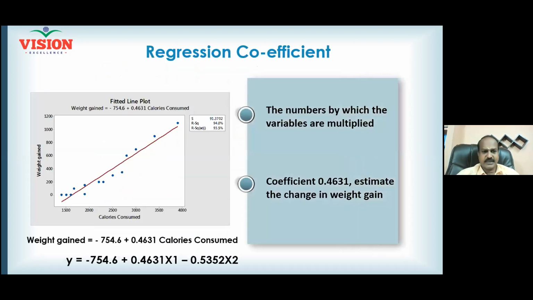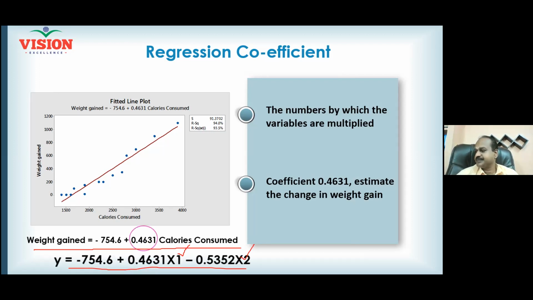So I have explained this regression coefficient already. And now this regression equation is called simple linear regression. Why do I call it simple linear regression? Only one predictor is involved. But this is called multiple linear regression. Why do I call it multiple? You see there are 2 predictors. The first predictor is x1, the second predictor is x2. Two predictors are involved, and so it is called multiple linear regression.